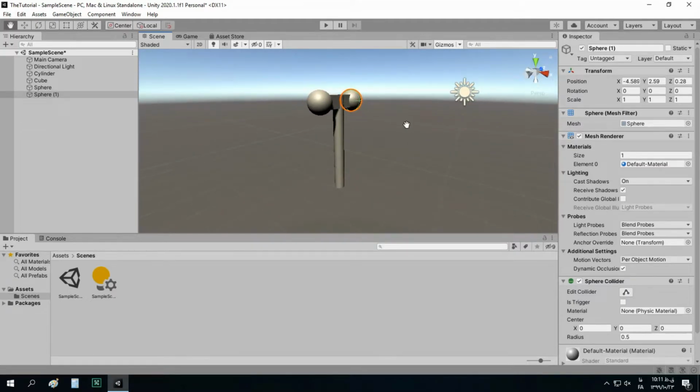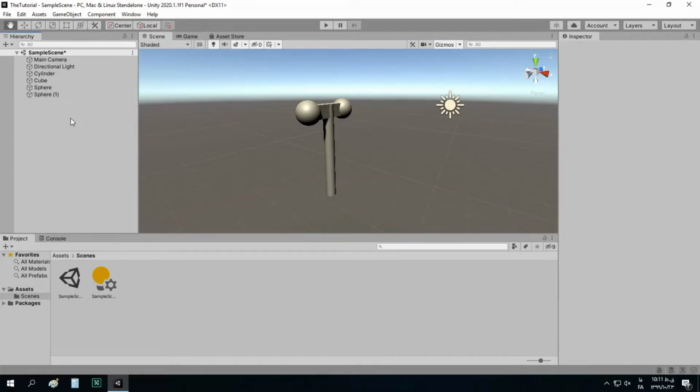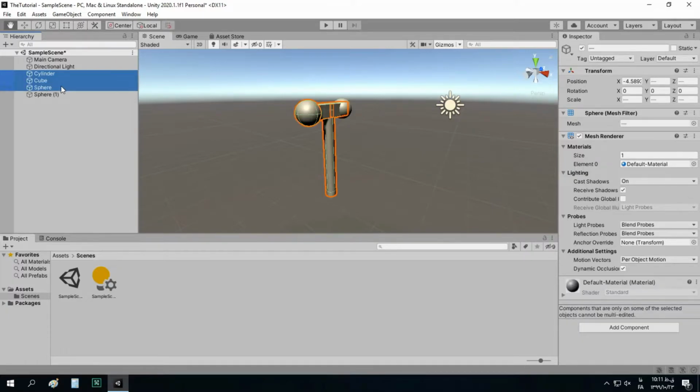And see, our light pole looks like this. It's not very beautiful, but I'm just gonna show you how the game objects are created and how you can create simple game objects from multiple simpler game objects. Another thing I want to cover in this video is how to make a game object child or parent. For example, if we click all of these game objects, we can move them,